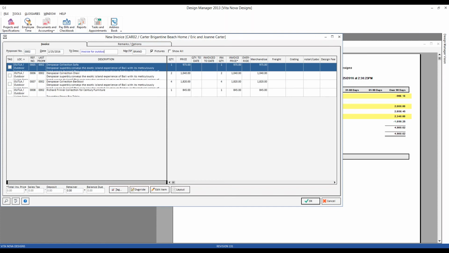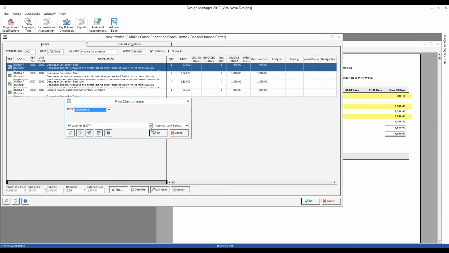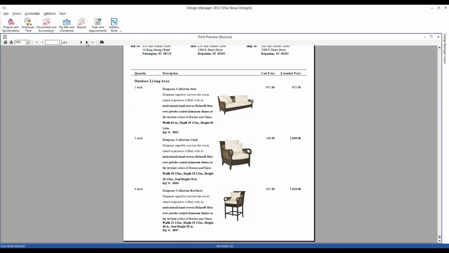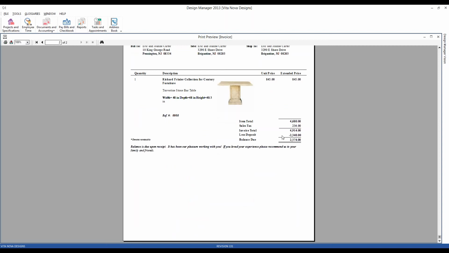Invoice for outdoor. Use my tag all option to quickly select all of my items, and I can go ahead and notice, here's my invoice price, my sales tax. Design Manager is automatically applying that deposit for me and yielding the appropriate balance due for the Carters. Here's our invoice, and we can see on the final page, here's our deposit being applied, yielding our balance due, as we just saw, of $25.74. If we close and process our invoice by accepting,